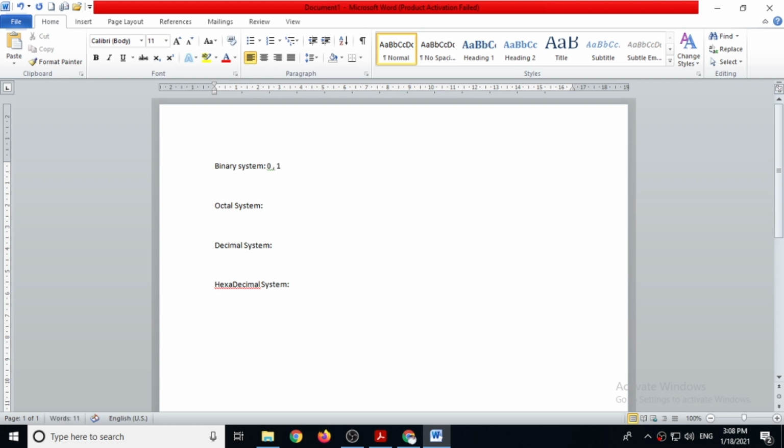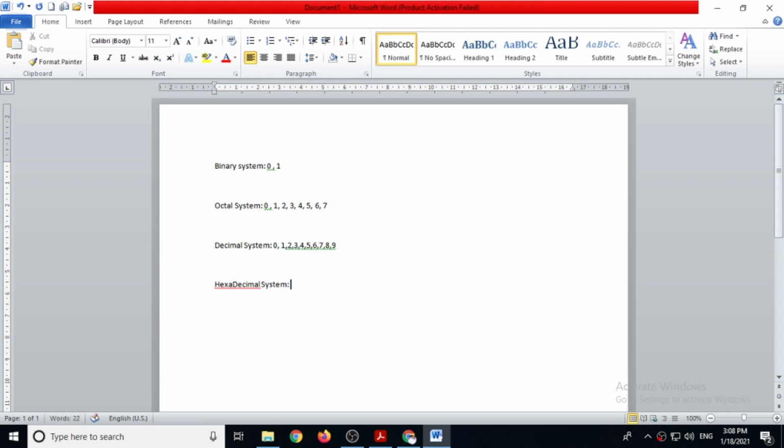In octal there are 8 digits: 0, 1, 2, 3, 4, 5, 6 and 7. Remember 8 and 9 digits are not there in octal numbering system. Then decimal is our own numbering system, the numbering system that we are using in maths. So it contains 10 different digits: 0, 1, 2, 3, 4, 5, 6, 7, 8 and 9. Total 10 individual digits are there.